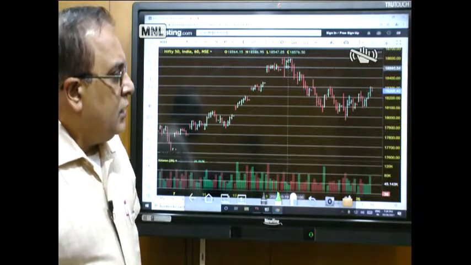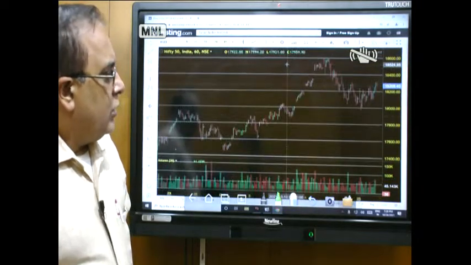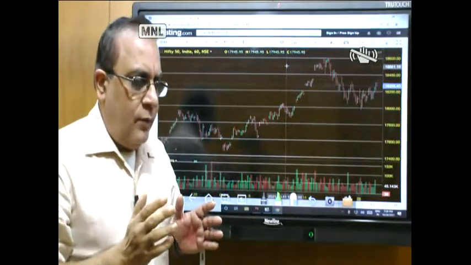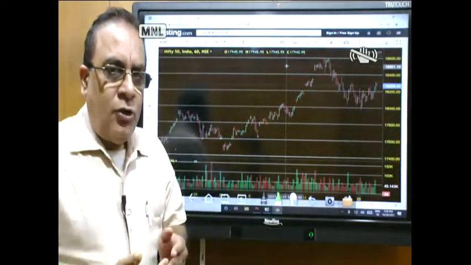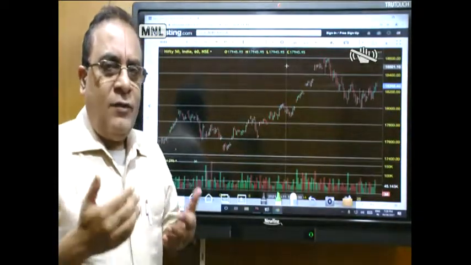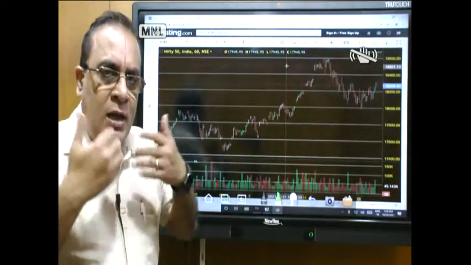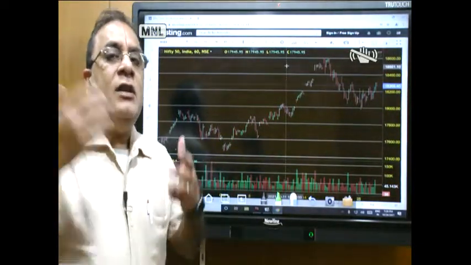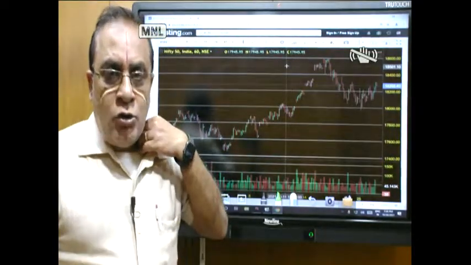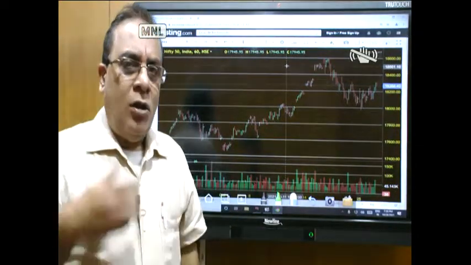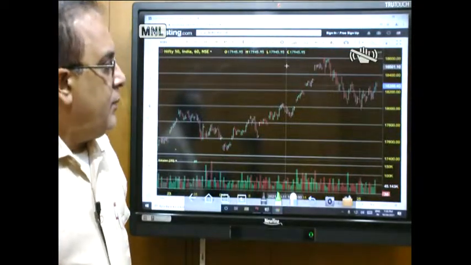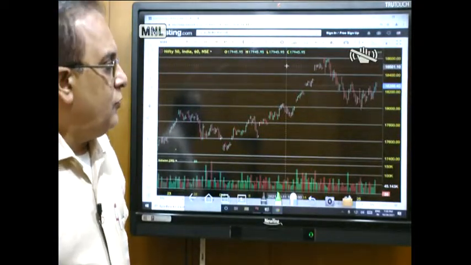So the trading that probably you can think about as far as position trading and intraday trading is concerned is, after the first hour of a gap up, if there is a consolidation slightly on the lower side, and then it starts breaking above that particular first hour high, then in that case you can even look towards carrying the trade for the next day. So that you can express in terms of an option also. You can continue to hold this trade for a few days, or put in a trailing stop loss for making profits. So these are the patterns which I showed you in the gap up as far as Nifty is concerned.